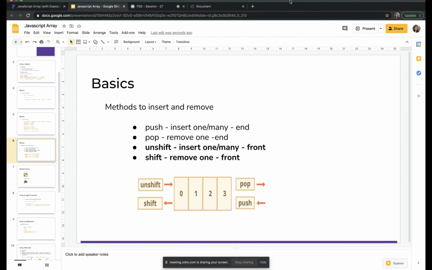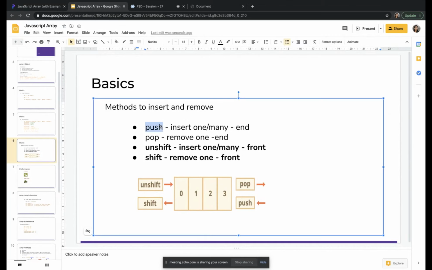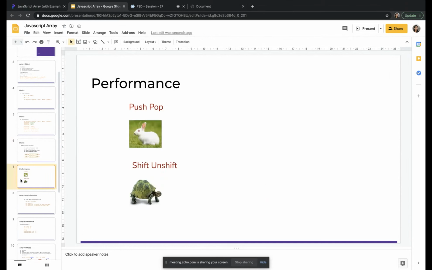Now there is one question. Performance wise, it has a difference. Even though we are adding an element at the back and removing an element from the back, and doing the same functionality in the front of the array, there is a performance difference.